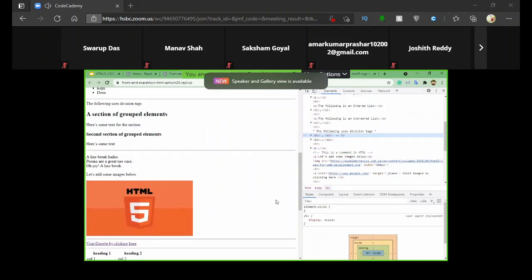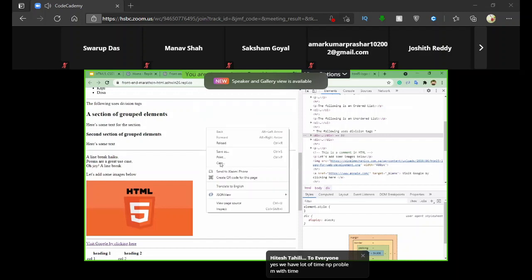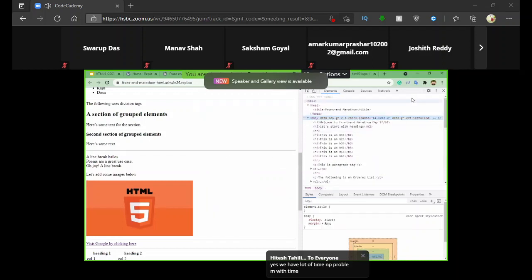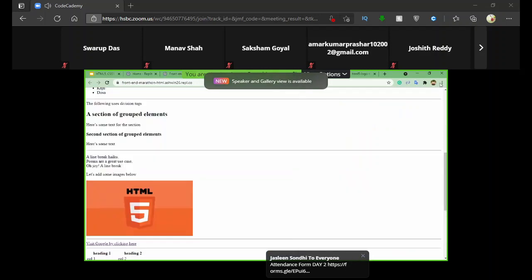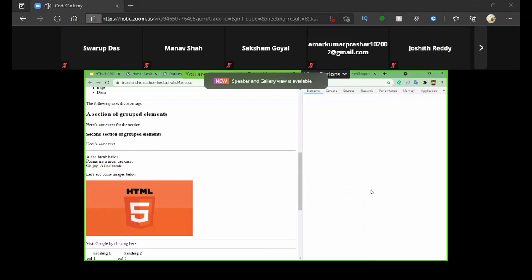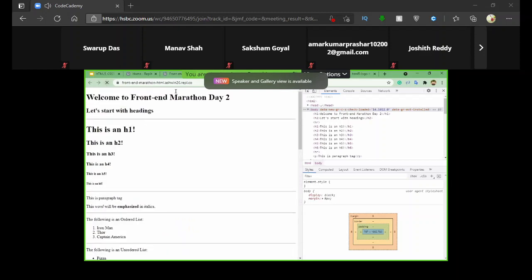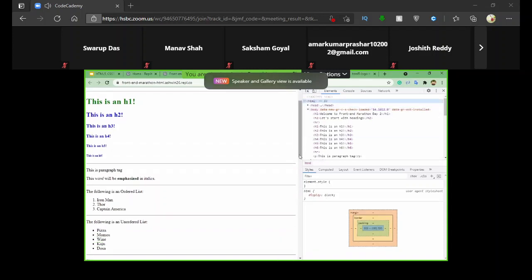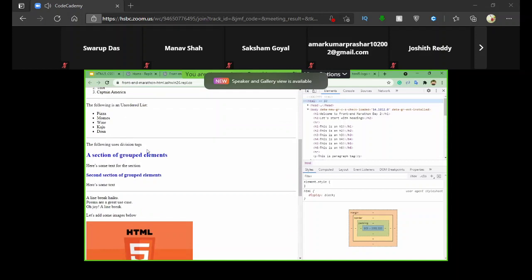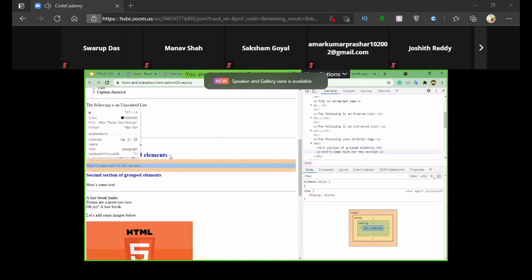As you can remember, I used right click followed by inspect. That's how we can use developer tools inside Google Chrome. Another way to do it, we can go to these 3 dots over here, go to more tools and developer tools. Inside these developer tools, we have the HTML part over here and the CSS part over here as well. If I refresh this, the styling part will be applied over here. So let's choose the division tag that we declared earlier.